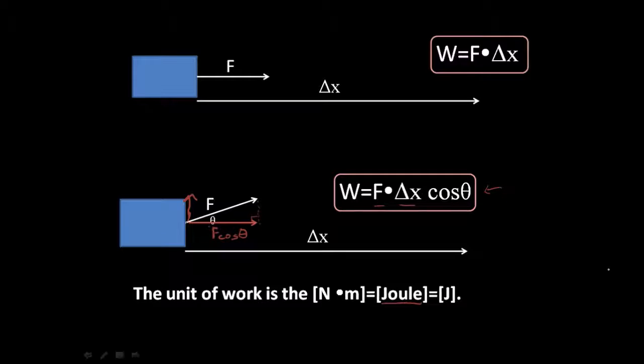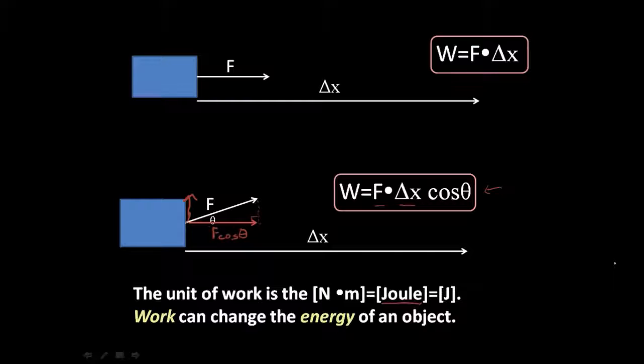So then what does work do? Well, work can change the energy of an object. Think of it this way. If we're pulling horizontally here, the object might be speeding up, and so its kinetic energy is changing. Or if we push in the other direction, the object can be slowing down. So again, we change its kinetic energy. Or if we're doing work by pulling upward on something and it actually does rise, like the bricks in the earlier picture, we're changing the potential energy of the object. So we can change the energy of an object. That is, we can change its ability to do work by doing work on it.